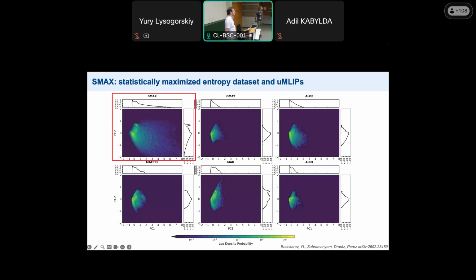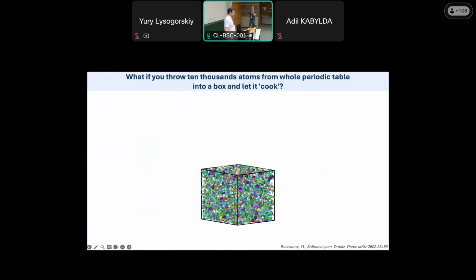Eugene, I don't want to take the time of anyone else, but I read the SMAX paper. There I saw the distribution, and one can see that for Alexandria essentially the force distribution stops at 100 eV per angstrom, probably by design. But for SMAX, it's still higher. In what case would it be useful to have such high forces? I understand that if you have high-pressure systems, you can benefit from high forces, but I thought above 100, 150 eV per angstrom. Yeah, sometimes we had requests: wait, my carbon at 1 terapascal doesn't work. Why? So that's what we need. That's okay.